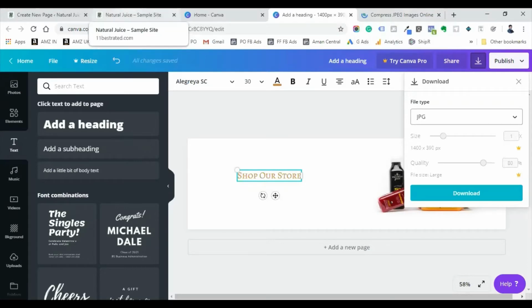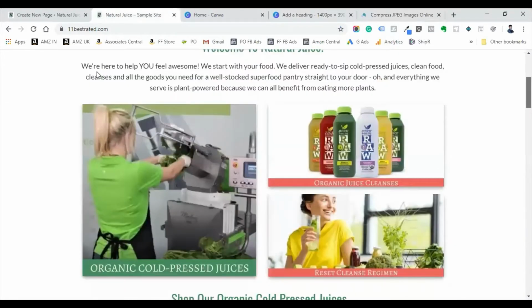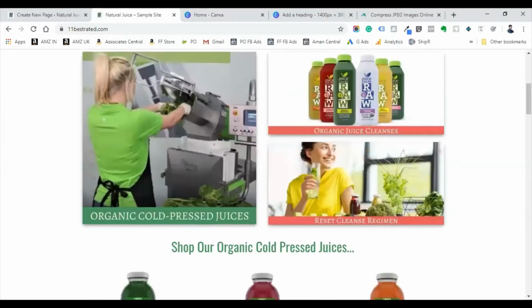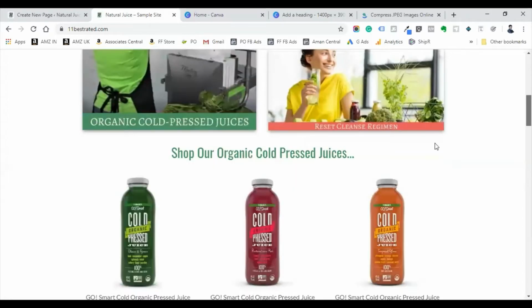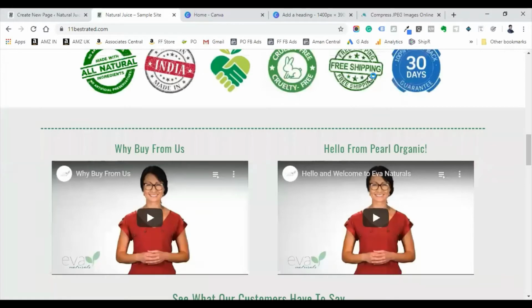I have created all the images for this first home page. Whenever you are going to get started with this page, I want you to be ready with the logo, the header image, and all the other images presented on this page, like these three images, the product images, these badges, everything ready. Once you are ready with that, you can go to create your page.